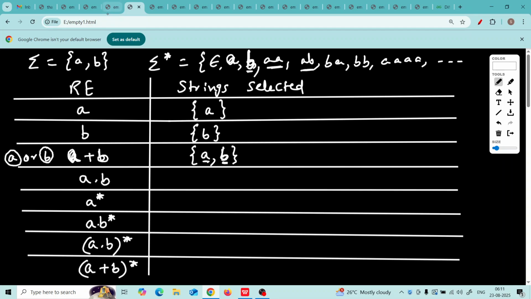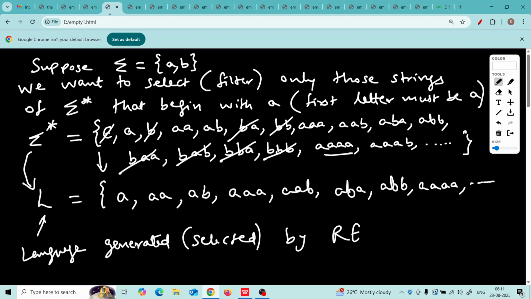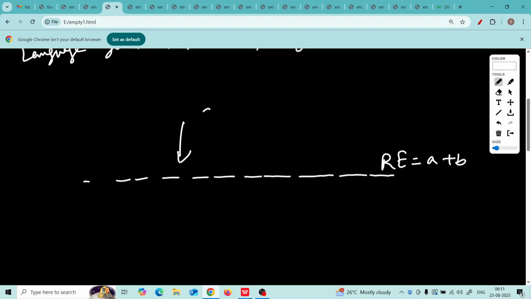So if we go back to that diagram which I was drawing, a filter. What is the regular expression we have given? RE we have given is A or B. So when you put epsilon, it is neither A nor B, so epsilon won't be there. If you give A to this filter, yes, it is at least A. It is not B, I agree.